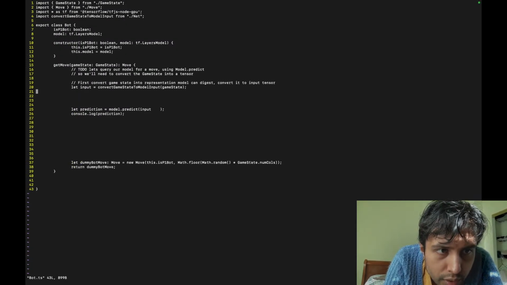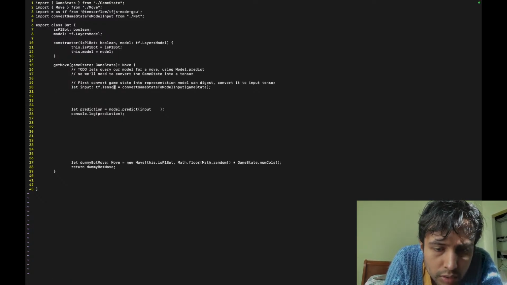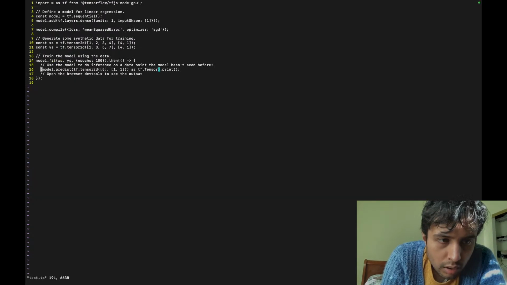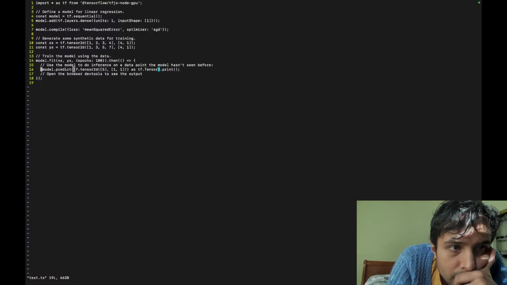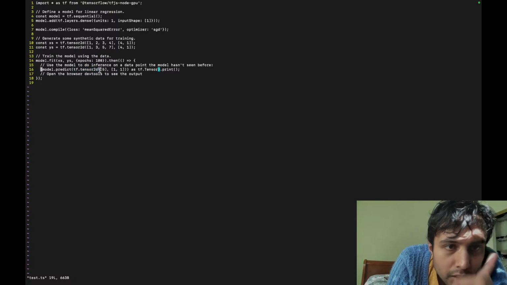And here for input, just to be very verbose, tensor. Okay, so let's see, the tf.tensor2d, something like this, right? So let's just copy this.